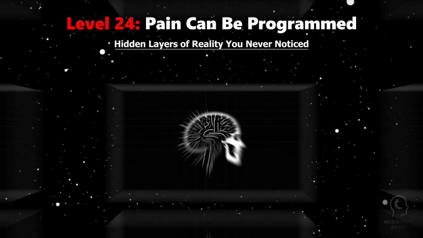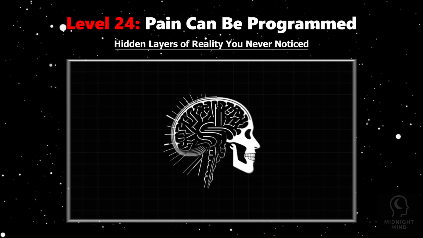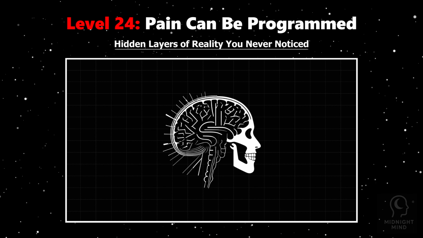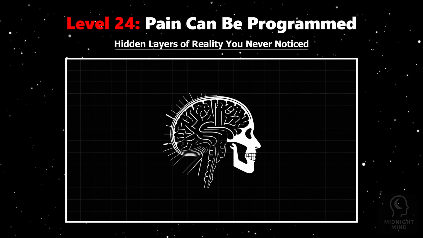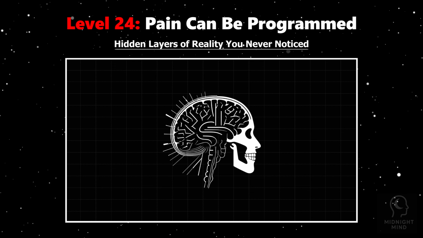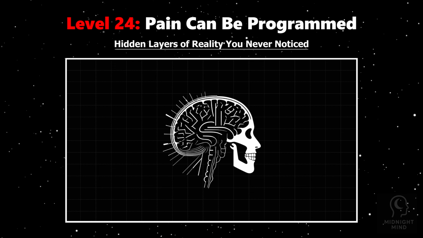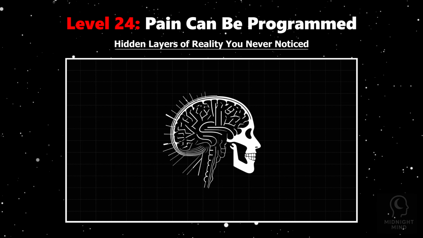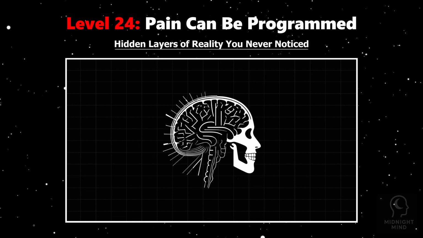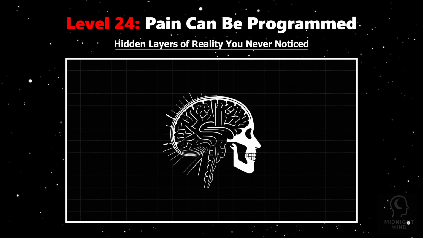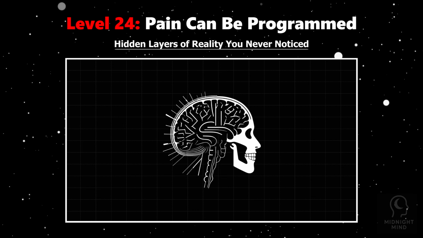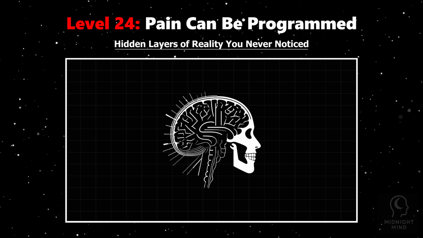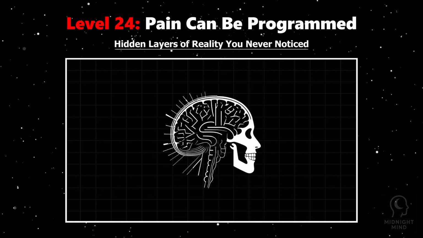Imagine feeling pain, not just once but over and over, long after the original hurt has passed. This isn't simply unresolved trauma. Your brain can actually program emotional pain like a habit, firing the same distress signals on autopilot. Neuroscience reveals that repeated thoughts and feelings create neural pathways, strengthening the circuits that generate pain responses. The more your brain practices these patterns, the more automatic they become, like muscle memory, but for suffering.